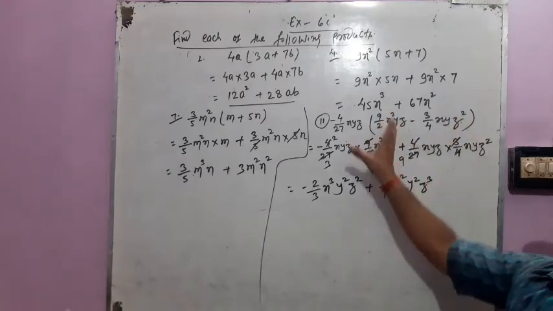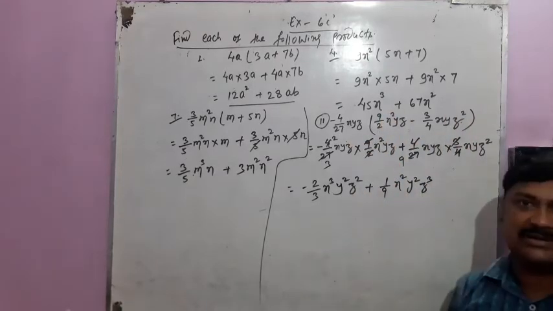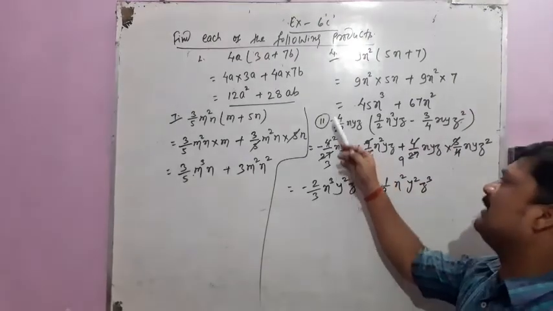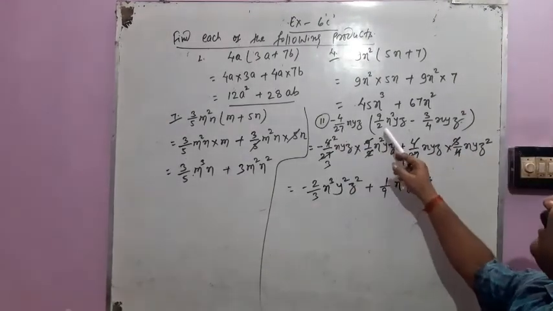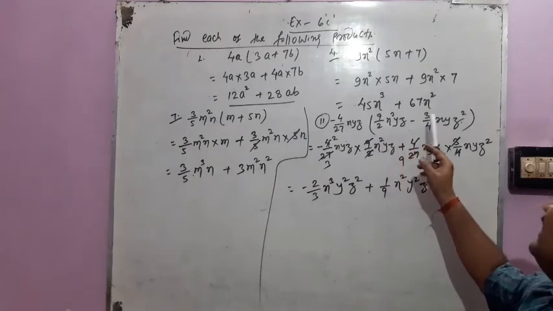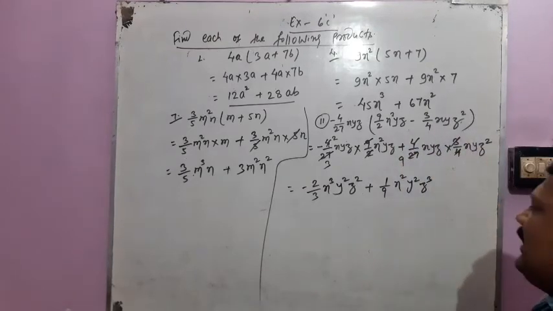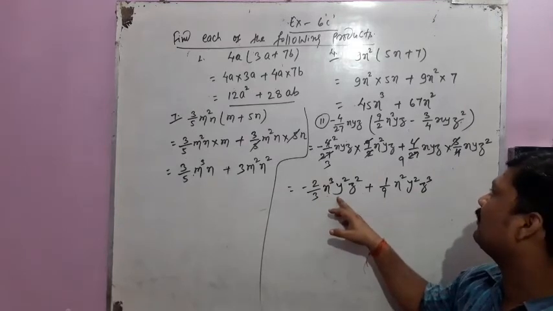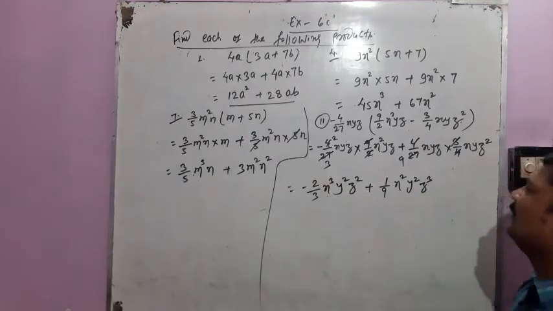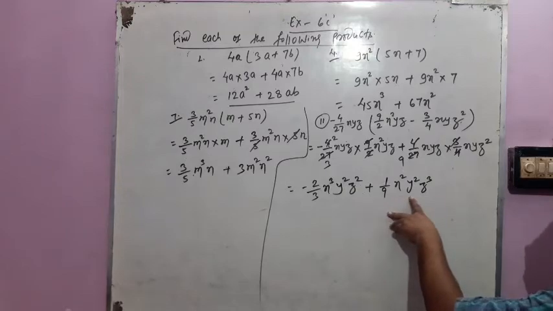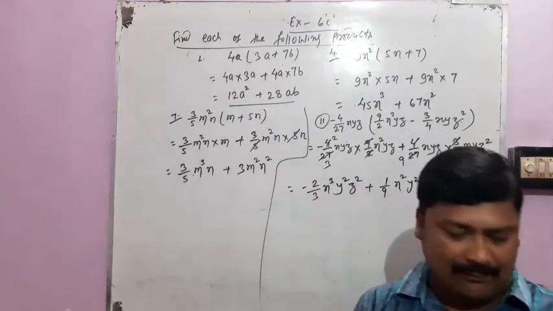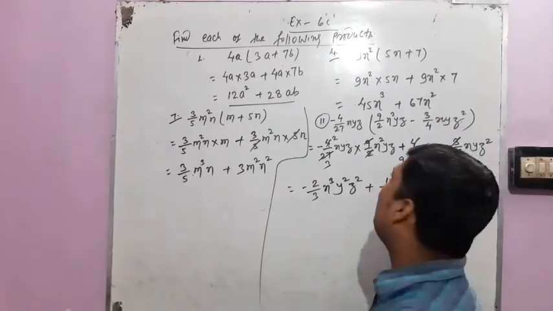This is looking very complex, but the process is the same here, students. In the same way you have to multiply here. When minus 4 by 27 xyz is multiplied with 9 by 2 x square yz minus 3 by 4 xyz square, our product will be minus 2 by 3 x cube y square z square plus 1 by 9 x square y square z cube. Okay, students? Now some more questions we have to look at in this exercise, but before that we have to clean it.